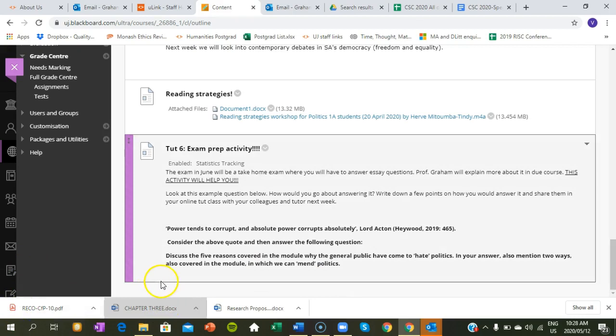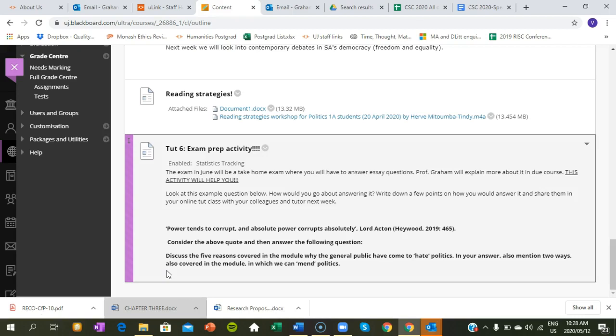Next week's tutorial attendance is very important. It's compulsory. It counts for marks for your semester mark, so you must be available for those online tutorials. Remember that in our politics department for Politics 1A, we've only made 1 tutorial compulsory for this whole term because we're aware of the problems students have with data and access. But this tutorial that we've set aside for you is compulsory and for marks because it's very important that you attend this activity because it's preparation for the exam. So it's essential that you attend this tutorial.